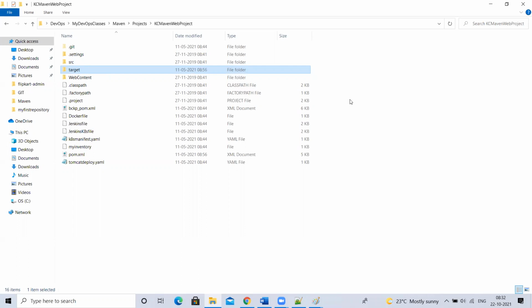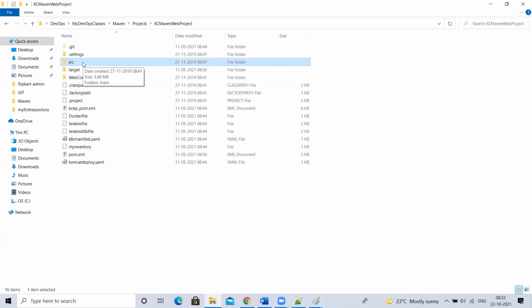Yes, sir. Okay. Next, web content. If your project is a web application, and you have Java code as backend code and DB code, everything will be present here. Database code and Java code will be present here. Fine. But you will have some UI files also, right? On Flipkart, the UI screen, you are able to see red color, green color, buttons. That screen is the visible UI part.